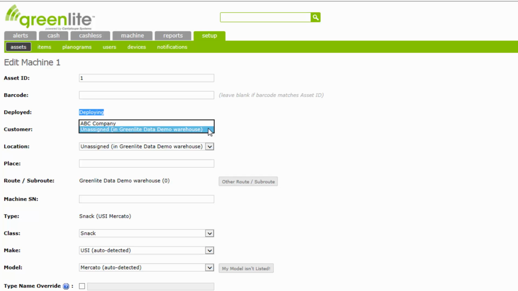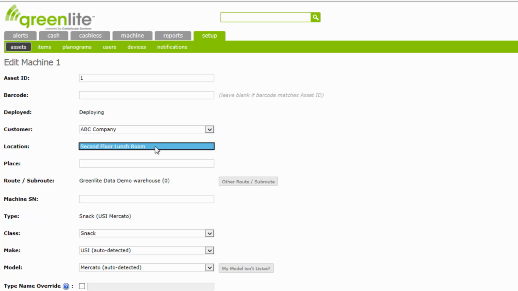Click the Change button to enter the appropriate customer. A down arrow will appear at the right-hand end of this field, revealing the drop-down box of valid entries. Select the appropriate customer. After selecting the customer, the location will appear by default, indicating the customer's main location, which for many customers is their only location.